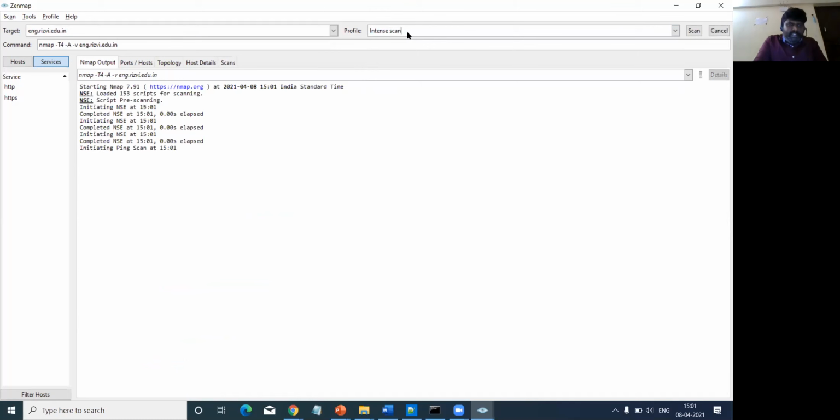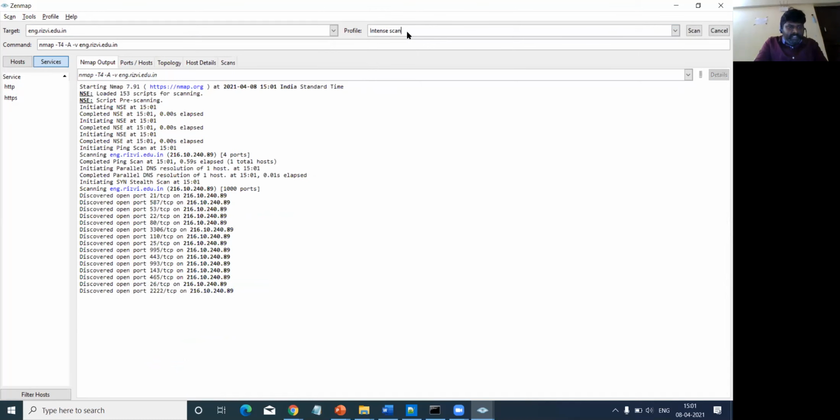I'm trying the other scan with a different DNS. So here you can find that there are many open ports. When we scan our college server, eng.risv.edu.in, followed by the IP address 216.10.240.89, first you get the IP address, followed by the number of open ports. It has scanned a total of 1000 ports.